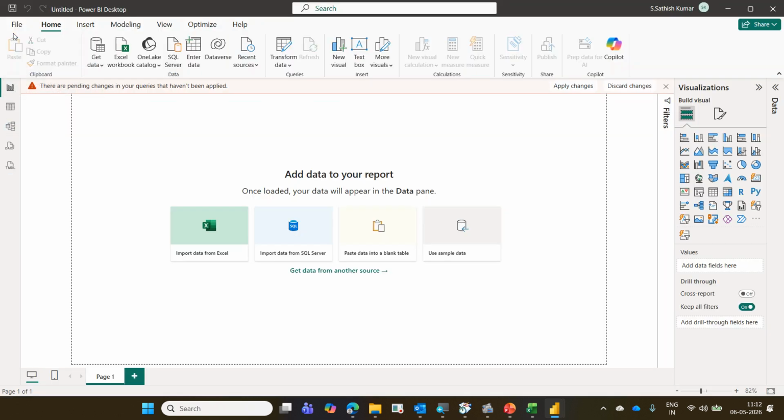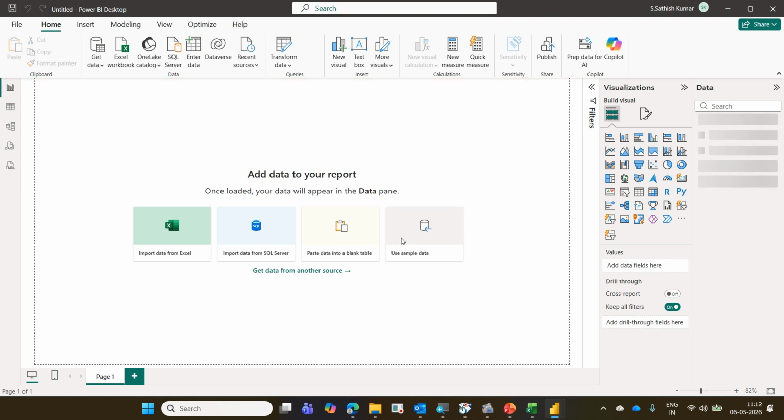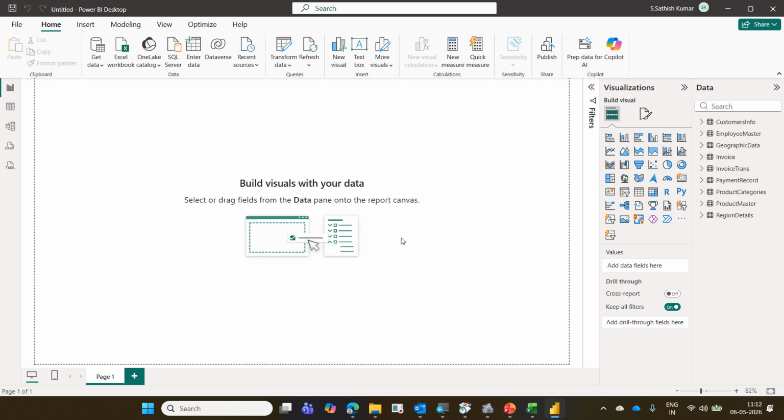Yes, it's loading. Please wait. It will get loaded, and in a few seconds you will get a message, synchronizing schema, and then some message like detecting relationship. Yes, in a few seconds, we got a message called detecting relationship. All the 9 tables were loaded here, and all the tables would have got connected directly or indirectly. How can I check the connection?